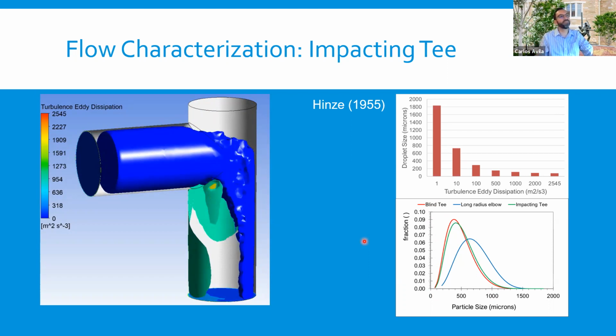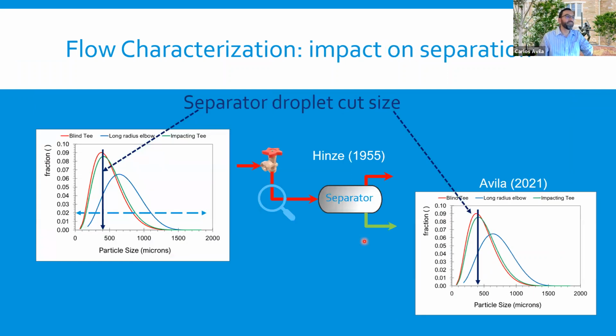So what is the importance of this? The problem with this is that if you're designing a separator or if you're analyzing the performance of a separator, all the different methodologies more or less are based on a similar principle, which is coming up with a separator droplet cut size. And the separator droplet cut size, just for the sake of this explanation, is just a diameter that is assumed that any droplets smaller than that diameter will not be separated, and droplets larger than that are only the ones that are being separated. So the problem is that,